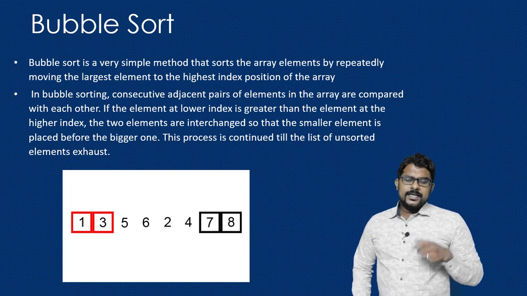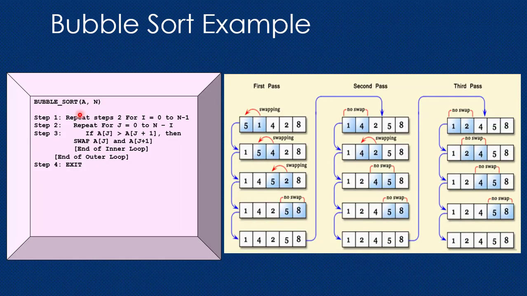Okay, so let us see how this can be implemented. Here we try to understand the algorithm of the bubble sort by traversing an example. So basically, what bubble sort does is, in every pass, it bubbles out the element that has the highest value. For example, out of the entire array, 8 has the highest value, and it is already at the highest index.